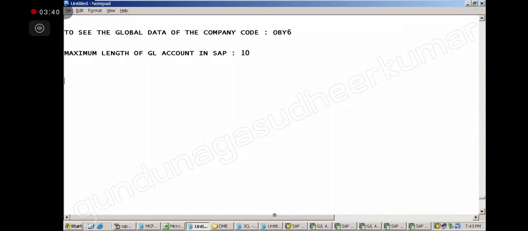Then we have to talk about the standard fiscal year in SAP. Now, what do I mean by standard? It's fixed, no change, provided by SAP. Correct. Standard means that which are already provided by SAP in the software itself. So you don't have to work hard. They are there already. You can use it.